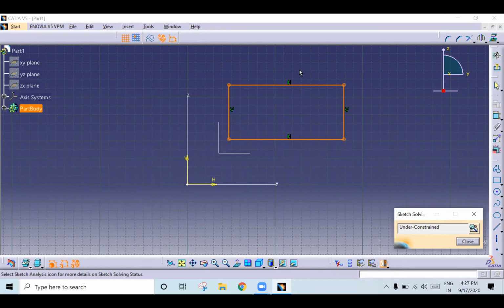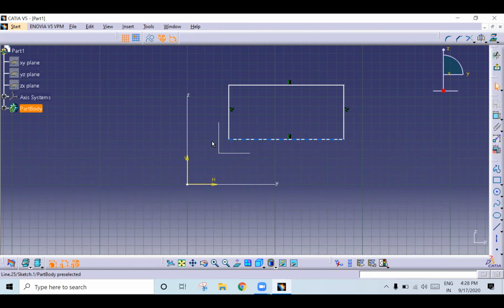Whatever is orange on the sketch, all the sketch should be constrained. Now it is not constrained. You have to give the dimension with respect to this origin. It is the same as the absolute coordinate system. You need to constrain this with respect to this origin.